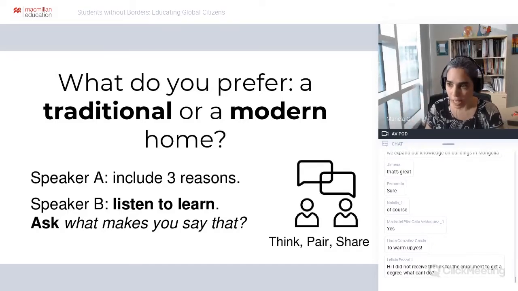If you model this in your classroom and you ask your students, instead of assuming you know where they're coming from, you ask them, oh, okay, thank you for that. Now, can you tell us what makes you say that? Or if they share something, that's interesting, what makes you say that? You show that you are interested, you want to hear more,